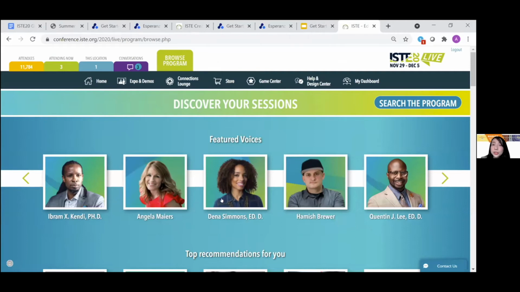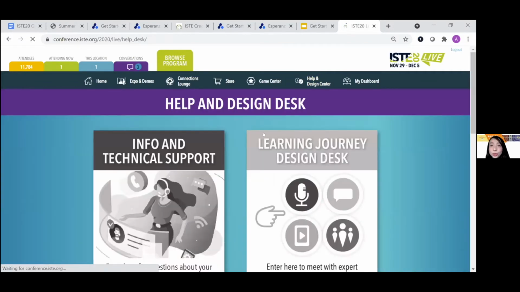So if you're a first time ISTE participant, you will land onto this page. And you may want to have some real person to support you because it's your first time to join ISTE. And you can click this to get to the help desk. There will be some expert who know ISTE from the bottom to the top. And you can ask, hey, I'm a 5th grade English teacher, where should I start? And you can get a list of sessions, or they will let you know where you can start your ISTE journey.